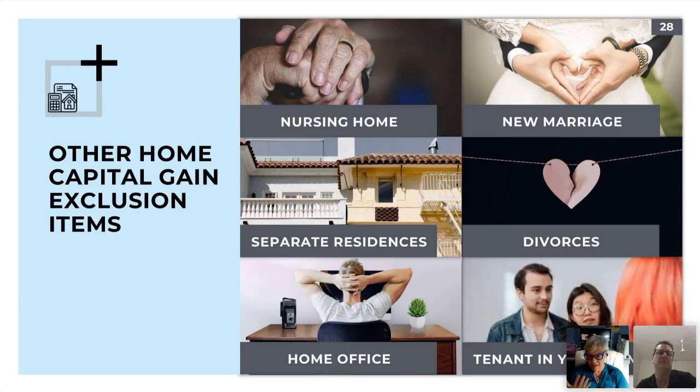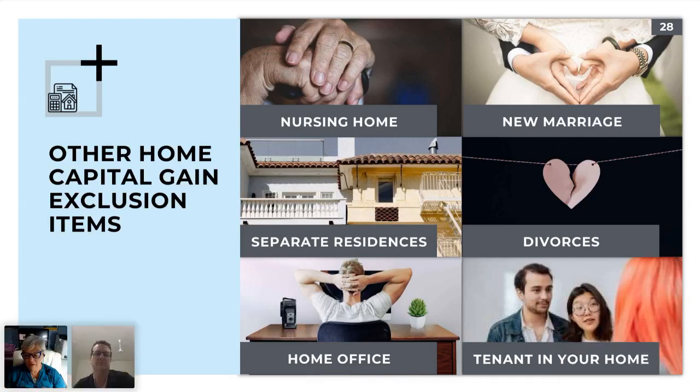Another way to get, in fact, I have a client going through this right now, is I mentioned that 2 out of 5 years. But what if you've only had your house for a year and some life event happens? What happens then? Can you get that gain exclusion? And the answer is yes. In certain cases, you can get what we call unforeseen circumstances that get you the capital gains exclusion, or at least part of it, if you've been in it for less than 2